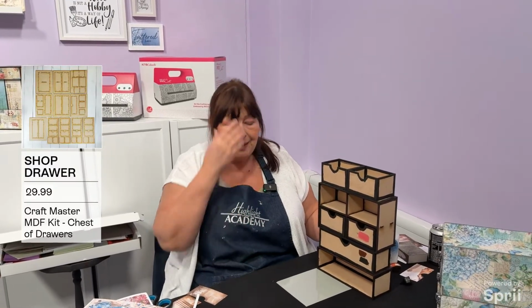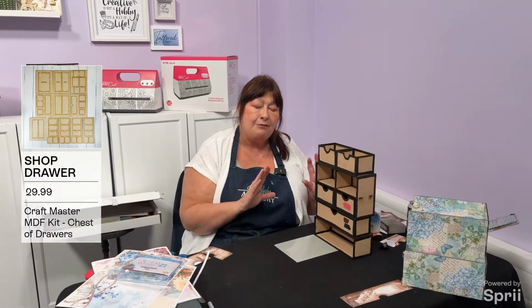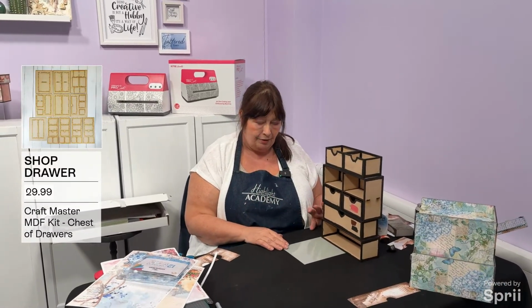So now I need to show you a little tip for decorating it. Now this is if you don't have a Scan and Cut and you don't use the Scan and Cut files,